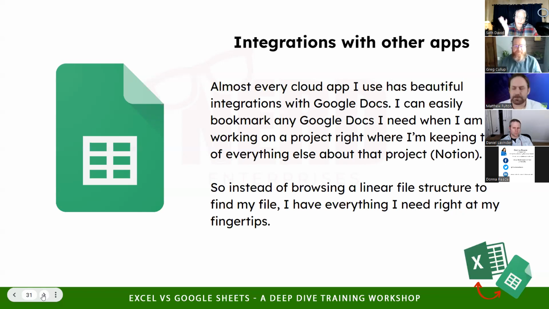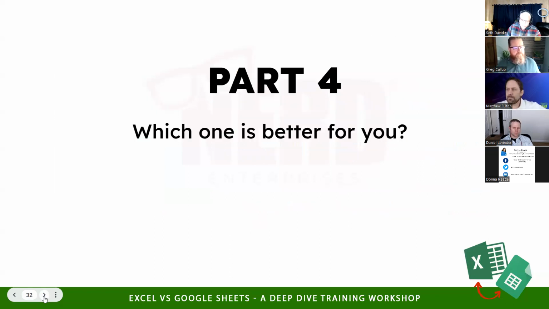Yeah, that was my point from earlier, but thank you for clarifying that, Matthew. The only thing I've experienced in terms of round trip conversions is formatting issues. All the formulas work exactly the same way. Pivot tables will be gone. If you have a pivot table in Excel and you convert to Google Sheets, that pivot table will not translate, because the Google Sheets way of doing pivot tables is on a completely different footing. So you'll get the data presented, but it will no longer be a pivot table. It'll just be hard numbers in whatever the layout was at the time you converted. So you definitely want to be careful about stuff like that.